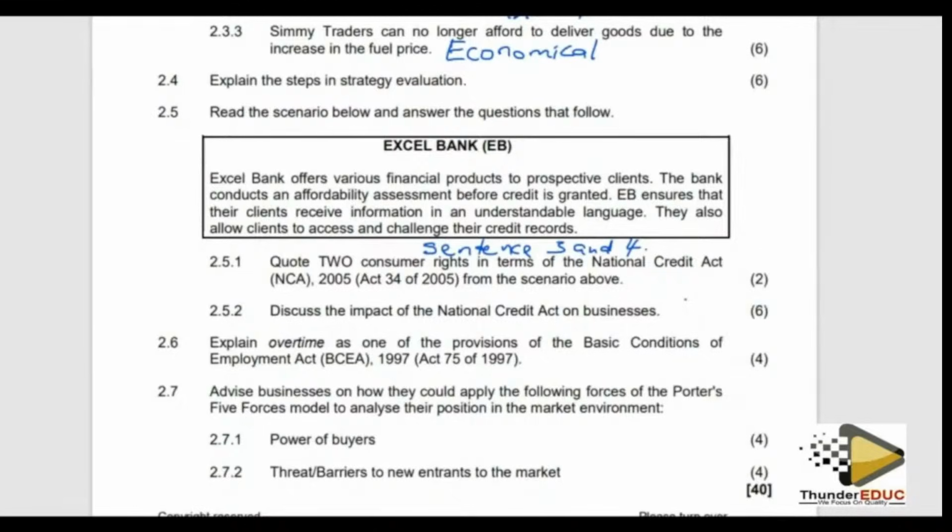So now, the last one, which is sentence number 4, they also allow clients to access and challenge their credit records, which is also very understandable. So now let's move on to